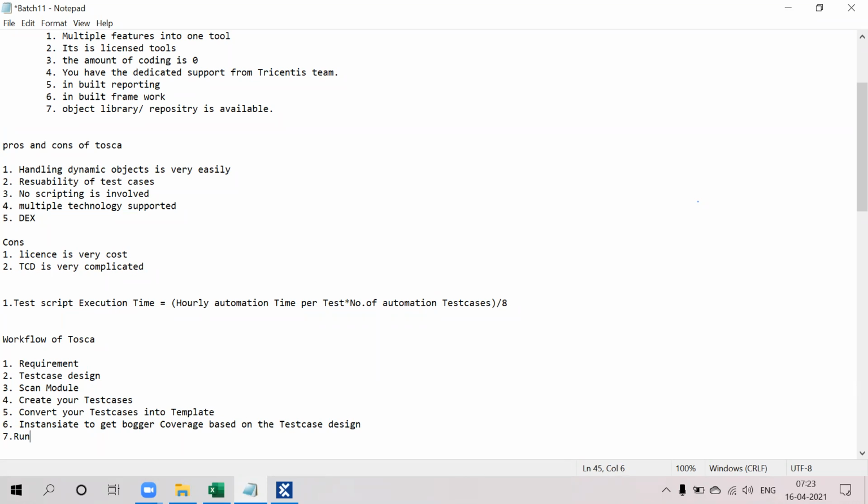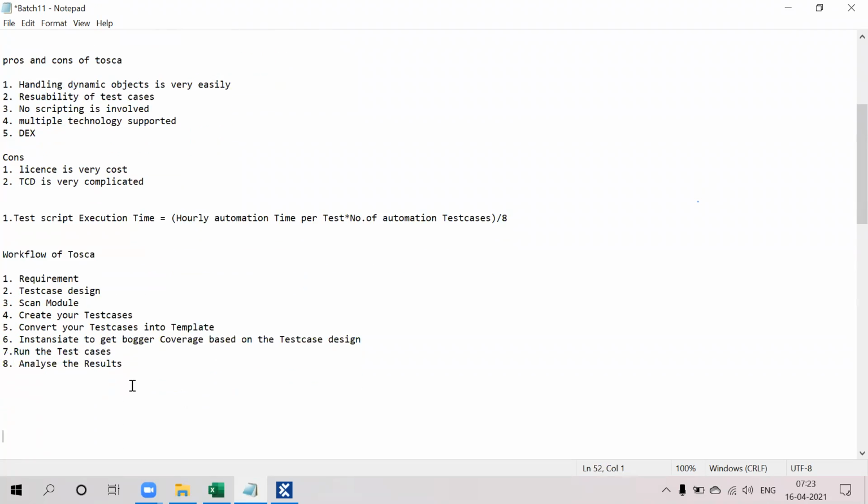It means you can execute your test cases. Then you analyze the results. Whatever failures you identified, report them.